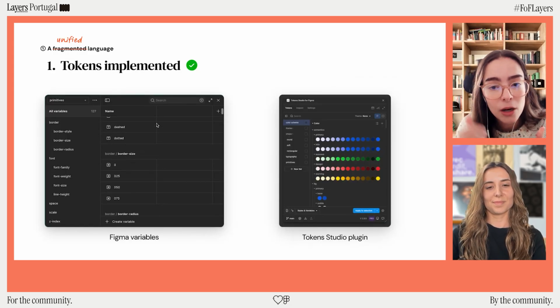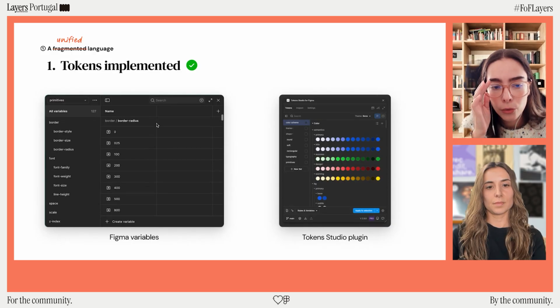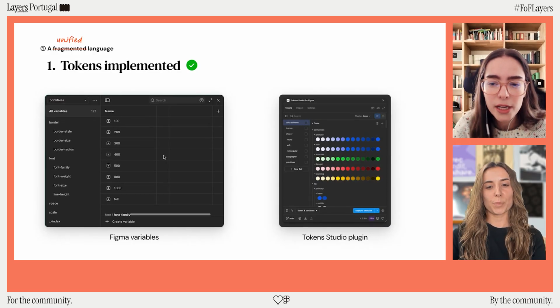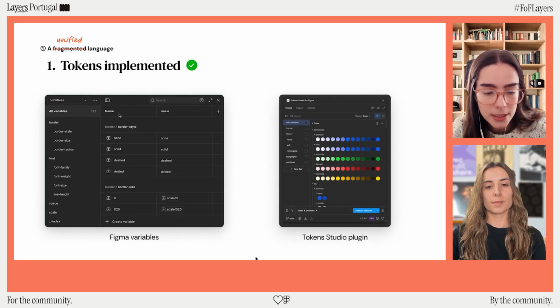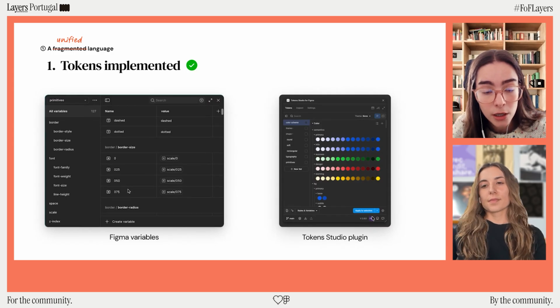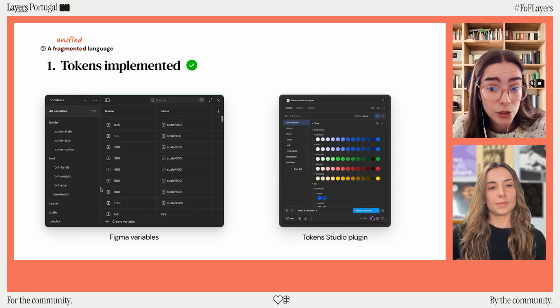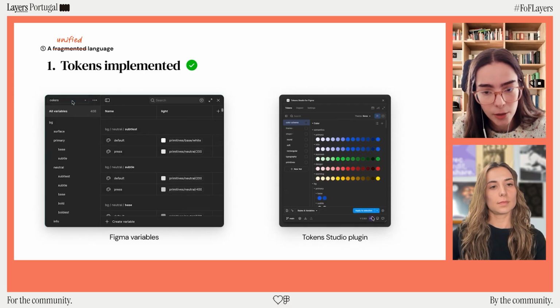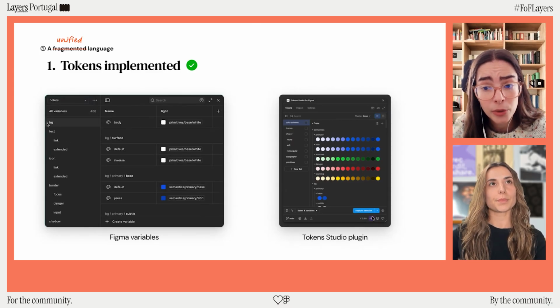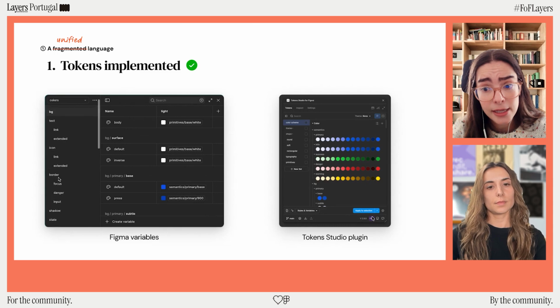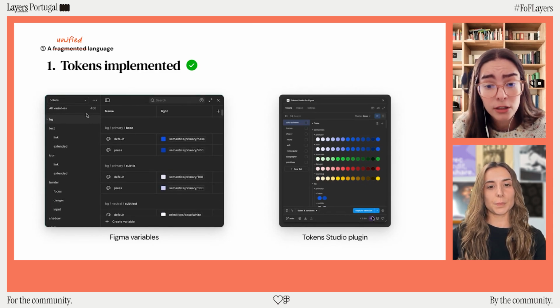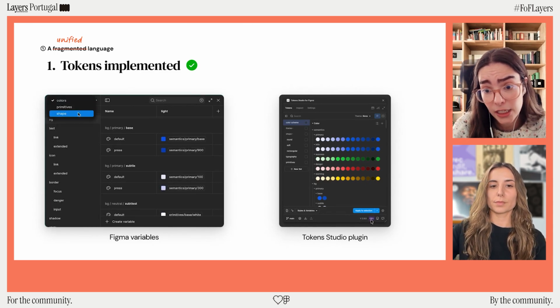So yeah, we implemented our tokens. We wanted to also share a quick note about our own process. While we were implementing tokens, we leveraged Token Studio for true version control during our development. This is a Figma plugin, and it basically allowed us to store all the design tokens directly in a GitHub